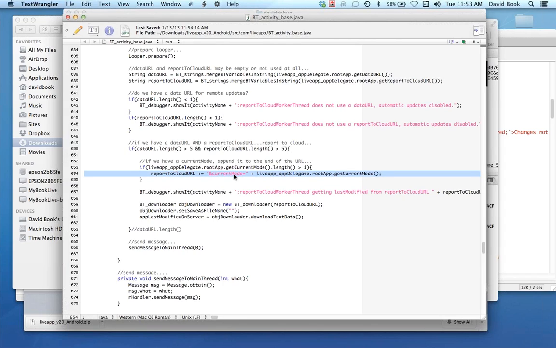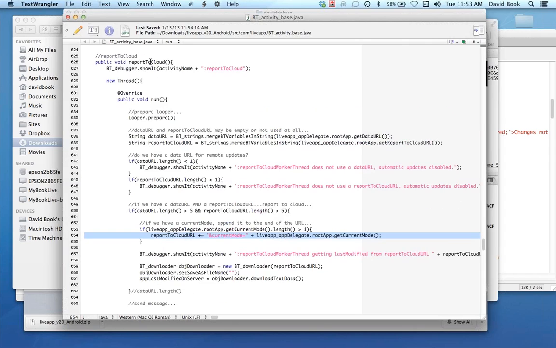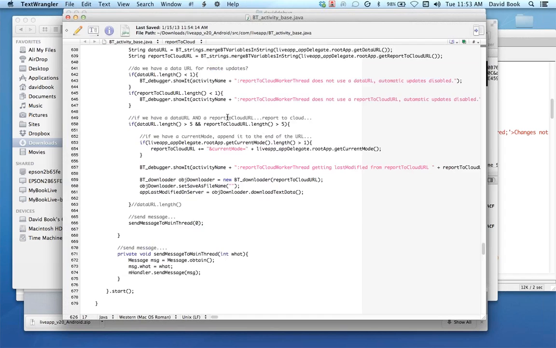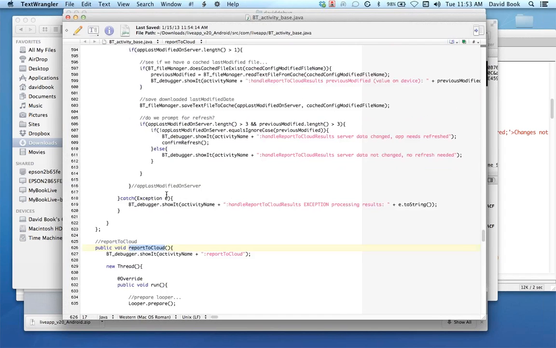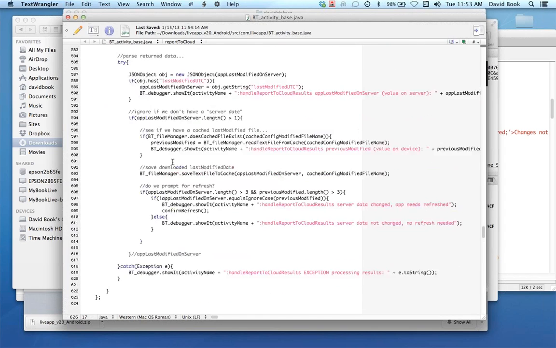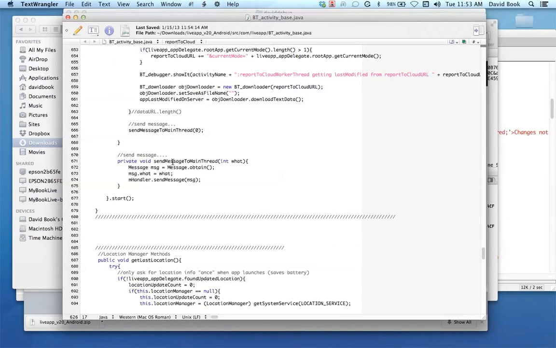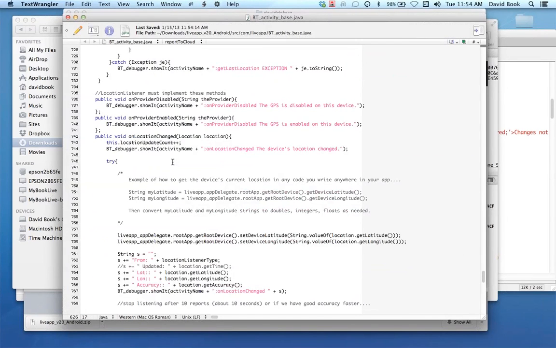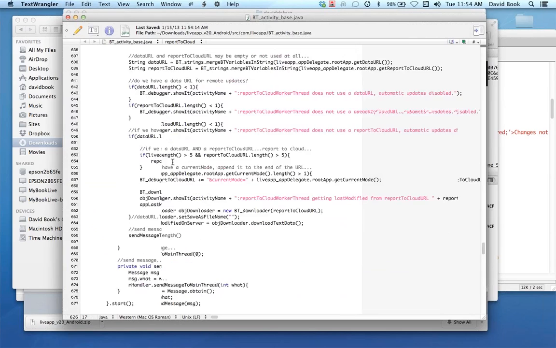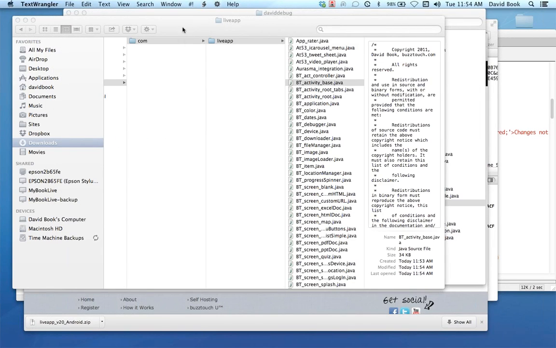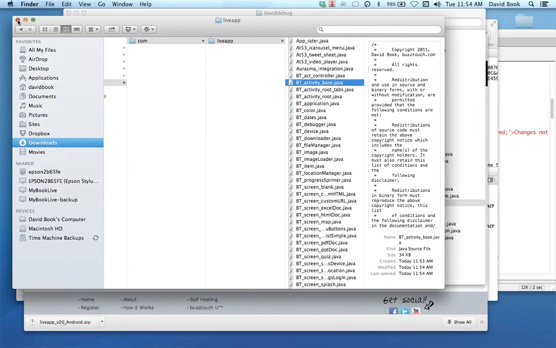Yep. So right here, you'll see where it adds the current mode property and value to the end of the report to cloud URL. So on Android, it is called report to cloud. The method's called the same thing. So there's a new method there, and then the download app data is going to be a little bit different. So I would have a look at those in your Android base class for all of you Android fans,